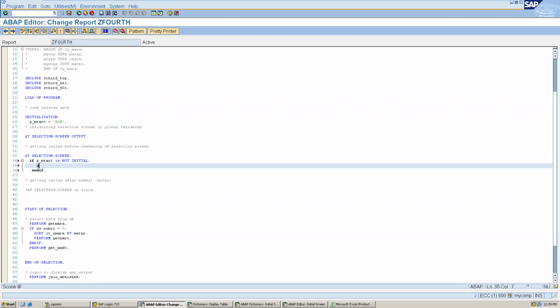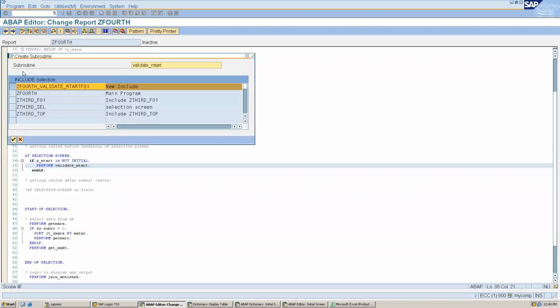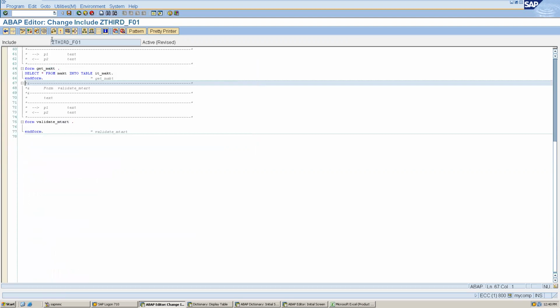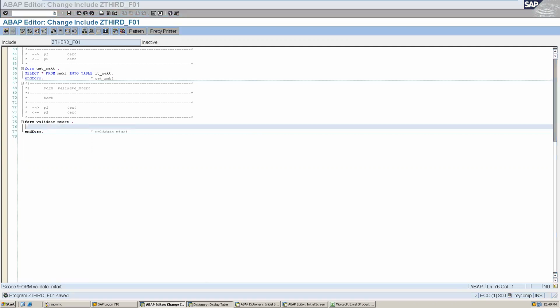And here we can write perform validate, we can give any name here, validate MTART. Here, if I have to pass any variable, this is our global variable, so it is not required to pass, but we can pass also. We will see in later classes how we can pass, but here let me create this validate, and from the base table we can validate MTART. Does anyone know what the base table for that is?